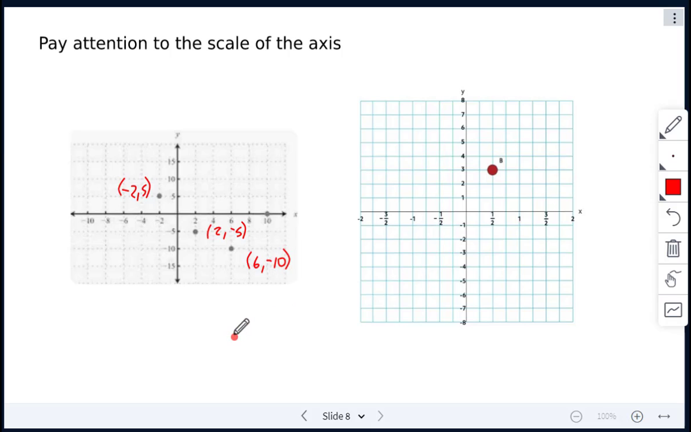So it's very important to pay attention to your scales. On this one, our x-axis is different from our y-axis. Our y-axis is going up by ones, but our x-axis is definitely not. So here we have a half, and then across on our y-axis we have 3. So this point would be at half, comma,